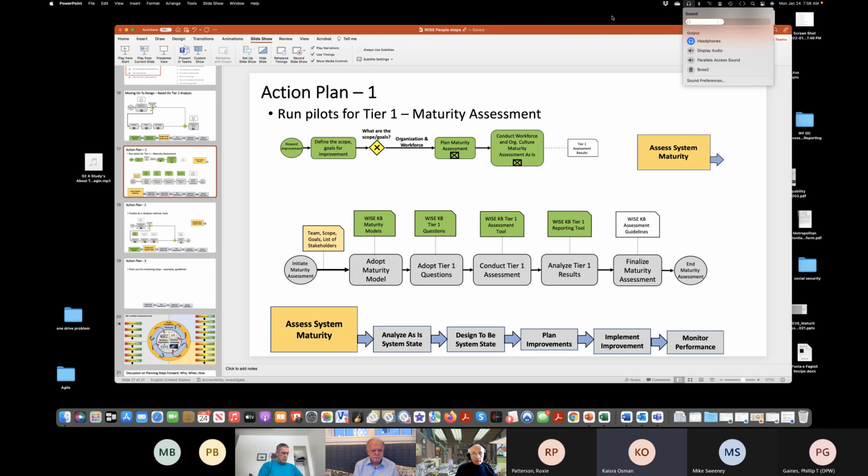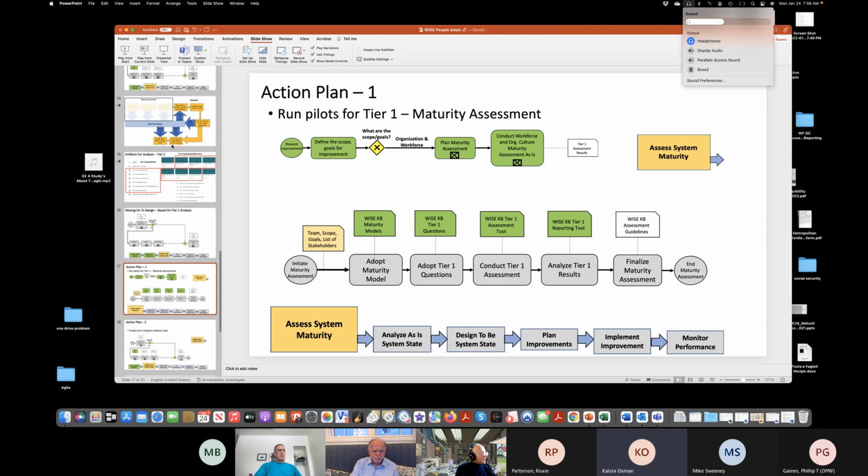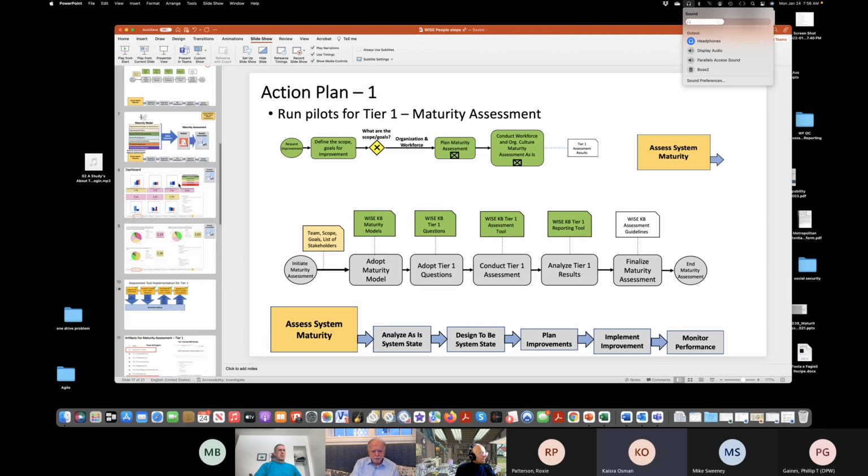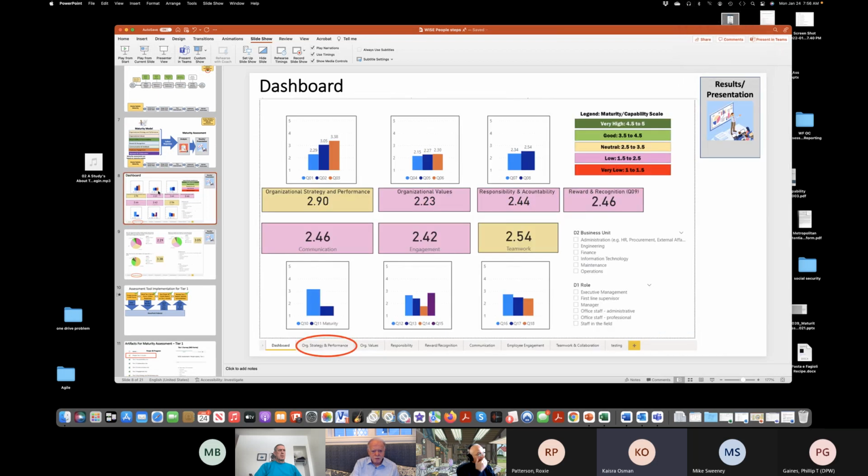Okay. So, Cello, quick question for you. If we were to do this, we would run the pilot for the tier 1 questions. When we assess the results to see whether we need tier 2, is there going to be some kind of artifact we can provide to say, if your system maturity level is at this level, then you should go to the tier 2 questions? Are we going to provide something like that? And then